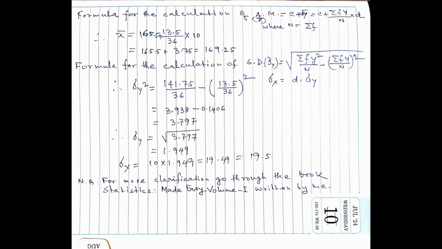Therefore, sigma y is equal to root over 3.797 is equal to 1.949. Sigma x is equal to d, where d is equal to 10, into sigma y 1.949, is equal to 19.49, is equal to